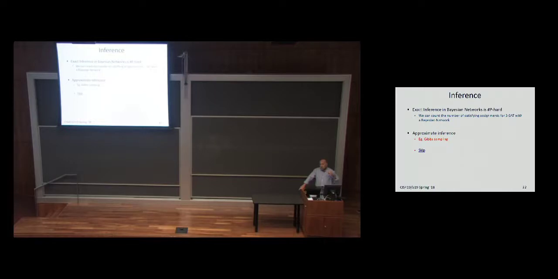For people that know about NP-complete, NP-complete is equivalent to finding a satisfying assignment of a CNF, let's say 3-CNF. #P-complete is equivalent to counting the number of satisfying assignments of a CNF. So rather than finding a satisfying assignment, count how many satisfying assignments there are. This is a harder problem. We know that it's a harder problem. That's why exact inference in Bayes nets is NP-hard.